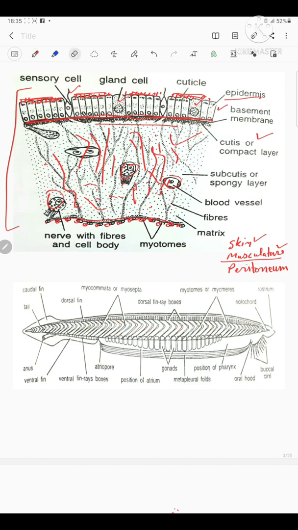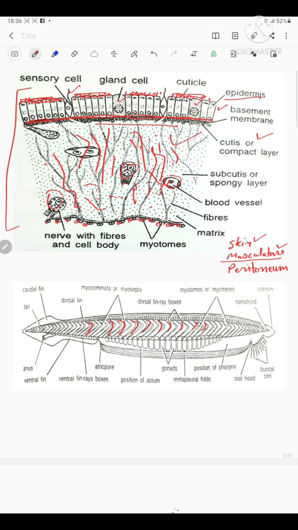Now, musculature, the muscles lying just beneath the skin at this site, form the greater part of the body wall. They are very thick in the dorsolateral region, enclosing the nerve cord and notochord on the dorsal side. Muscles show distinct metameric segmentation. You see at this site there is metameric segmentation,